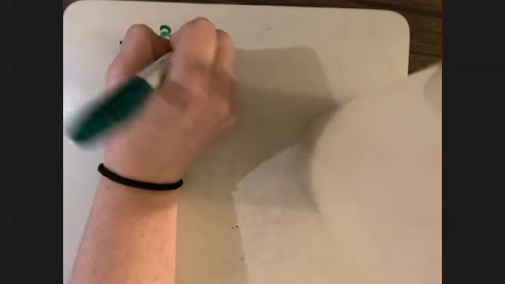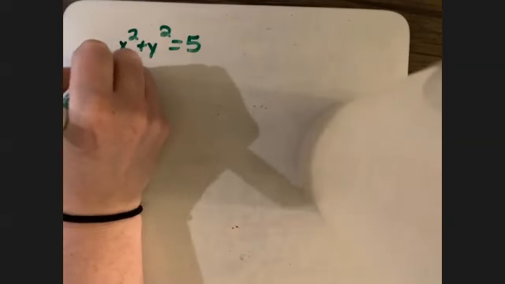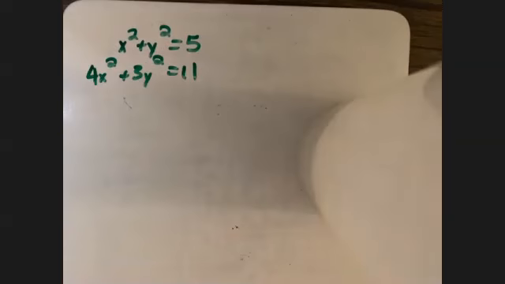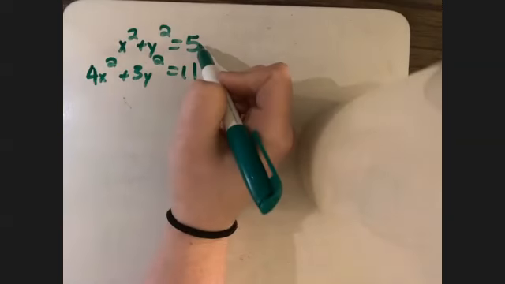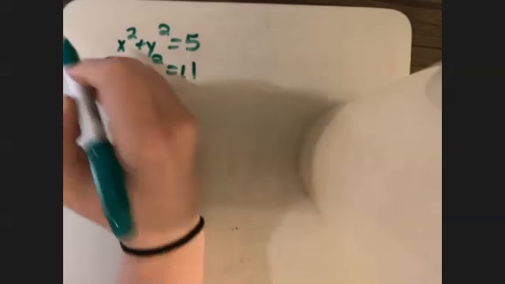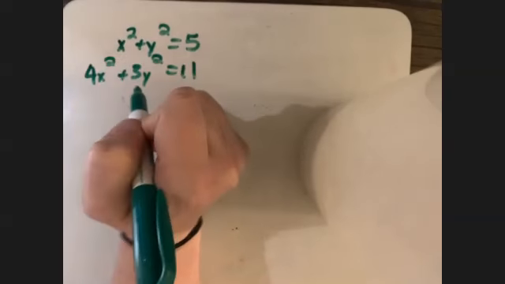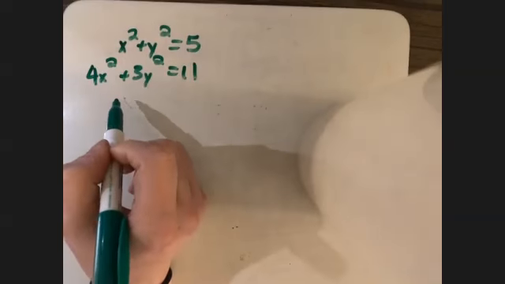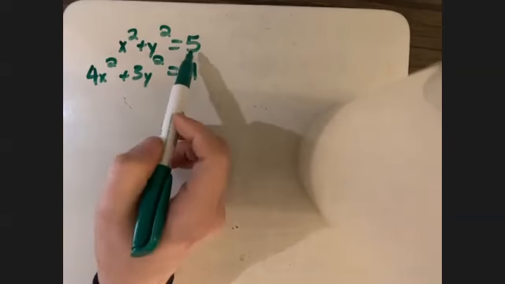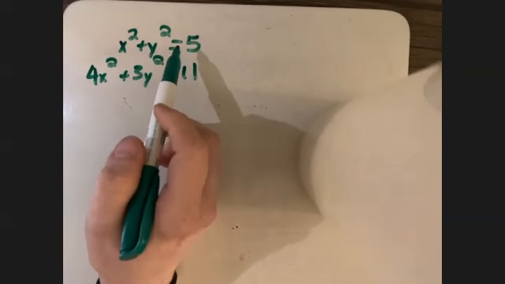Now, I do know that the top one is a circle, guys. The second one is not a circle. It is not x squared, y squared without the plain numbers in the front. So this is actually more of an ellipse shape, which we did not cover. This one also has a radius of the square root of 5, which is going to be kind of ugly. So I'm going to do this in our traditional